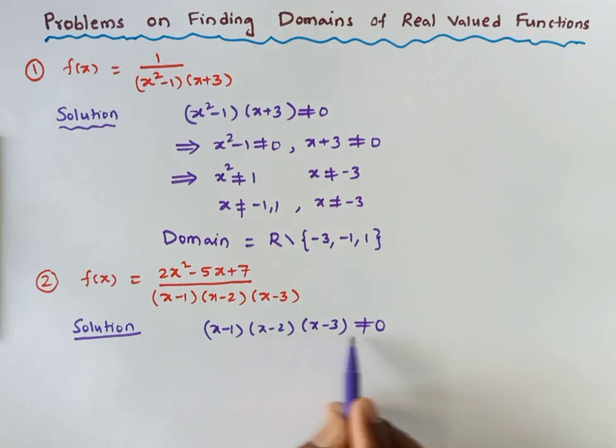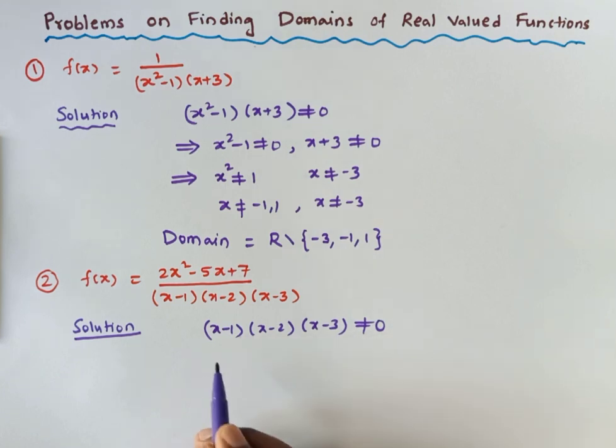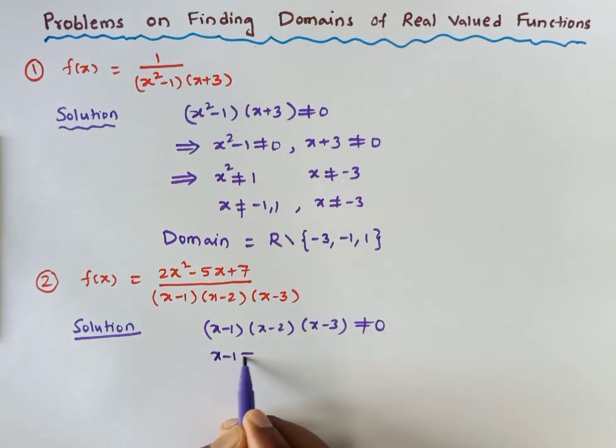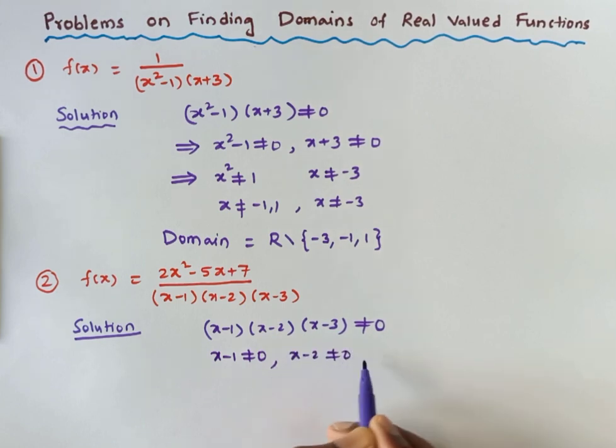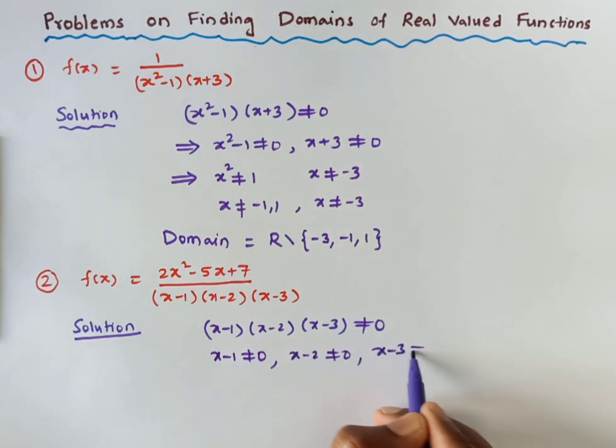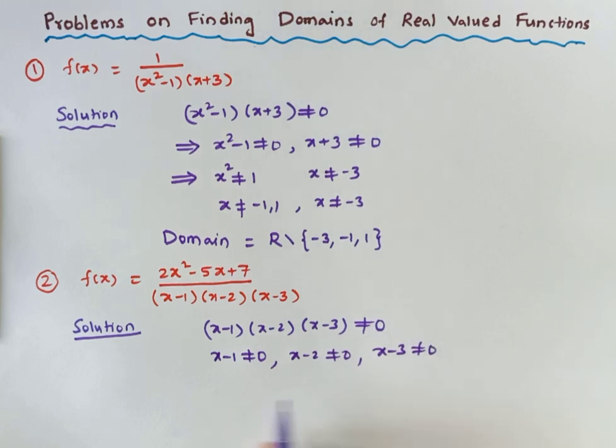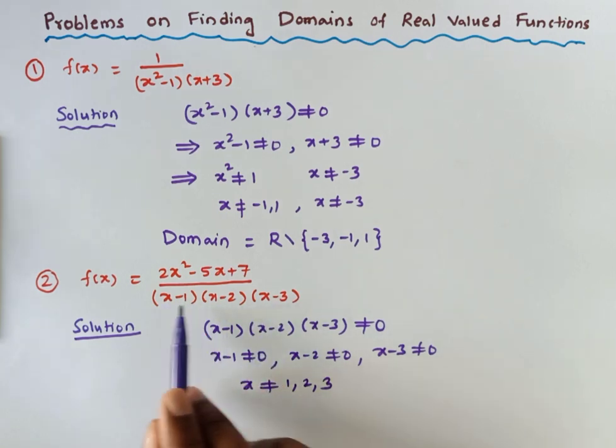Now this is 0 when x is 1, right? అంటే ఏం కాకూడదు మనకి, x minus 1 is not equal to 0 and x minus 2 is not equal to 0 and x minus 3 is also not equal to 0. ఇవన్నీ 0 కావాలి, means x is not equal to 1, x is not equal to 2, and x is not equal to 3, means the value of x is never 1, 2, 3. So x value అనేది 1 కానీ 2 కానీ 3 కావద్దు. If it is either 1 or 2 or 3, therefore this product may be 0.